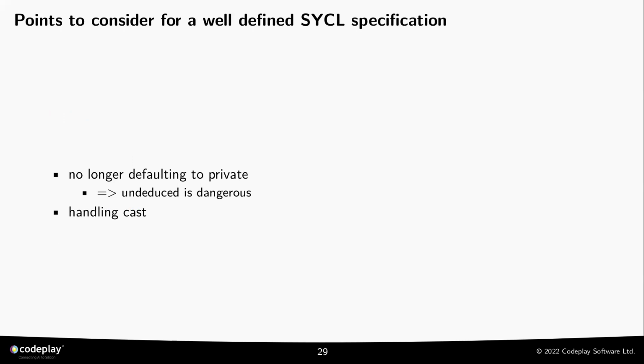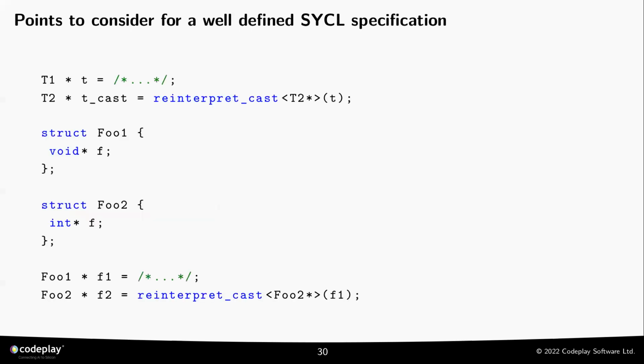The biggest problem that we have now as well is handling casts. It's a must for any C++ programming model. And of course, it's quite tricky when we have a type inference system that has to deal with a type conversion system. So there are cases that we need to reject because they start to be dangerous, and there are others that can be safely used if we follow proper rules. So for instance, the reinterpret cast that we have at the top here,